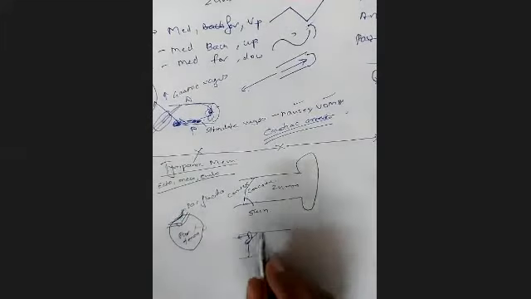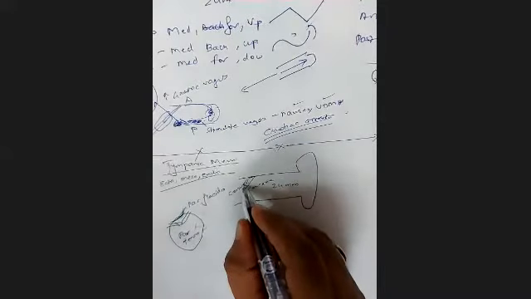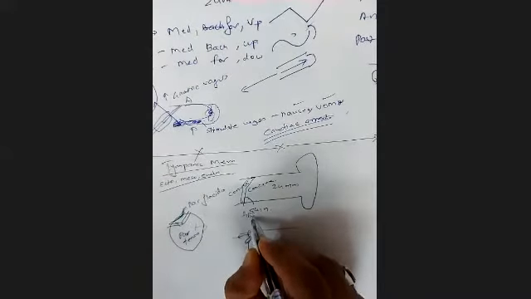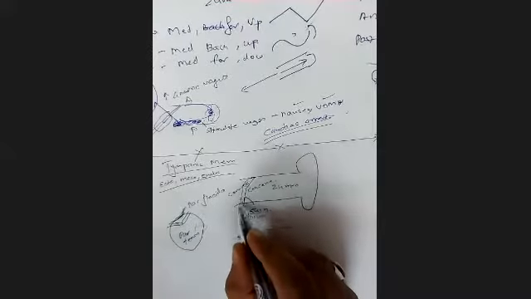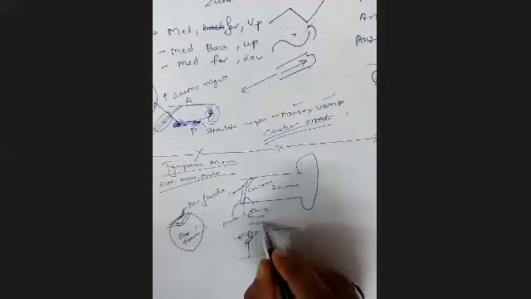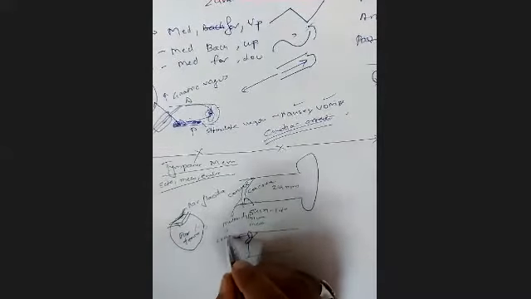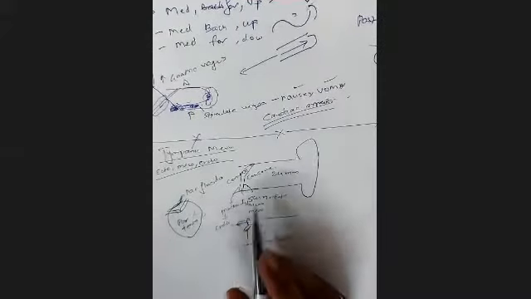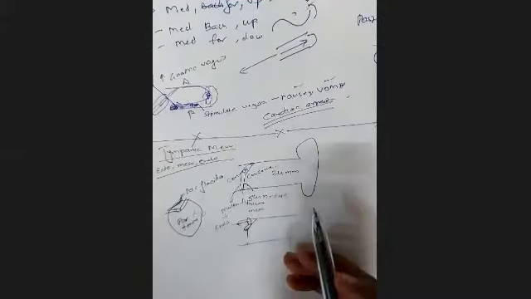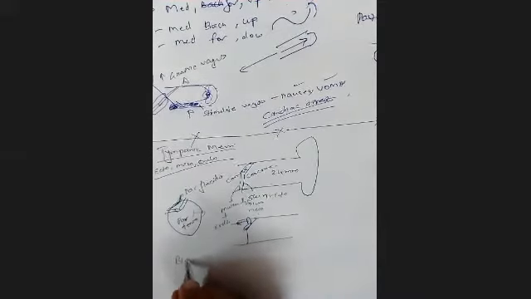Now, the tympanic membrane: we say the outer part is made up of skin, the middle part is made up of fibrous layer, and the inner side is mucus layer. So this fibrous layer is made up of mesoderm, skin is made up of ectoderm, and this mucus layer is made up of endoderm. So ectoderm, endoderm, mesoderm: skin, fibrous layer, mucus layer. Okay. The blood supply of this tympanic membrane is by maxillary artery.